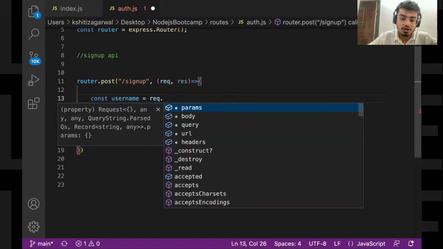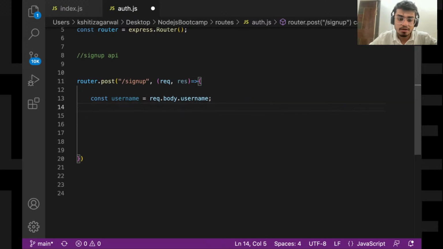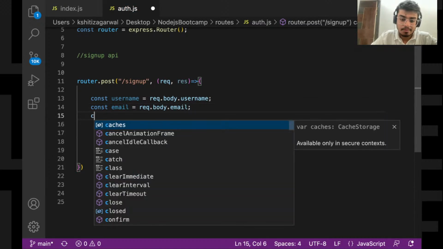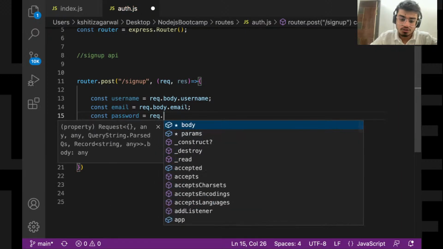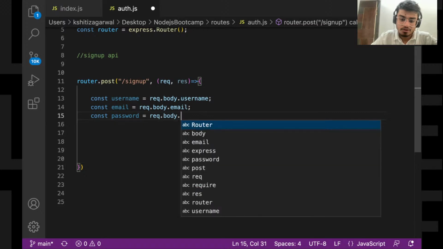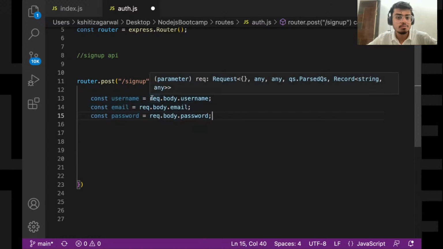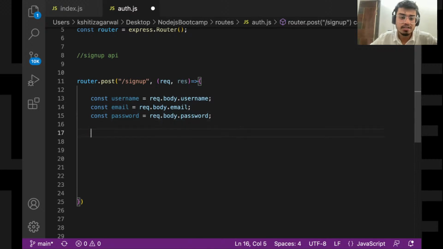So I'm taking them as request.body.username, request.body.email, and request.body.password. These three fields I will be taking as input from the user. The user will be sending it from the front end, the browser or Postman. Right now, in our case, from Postman.